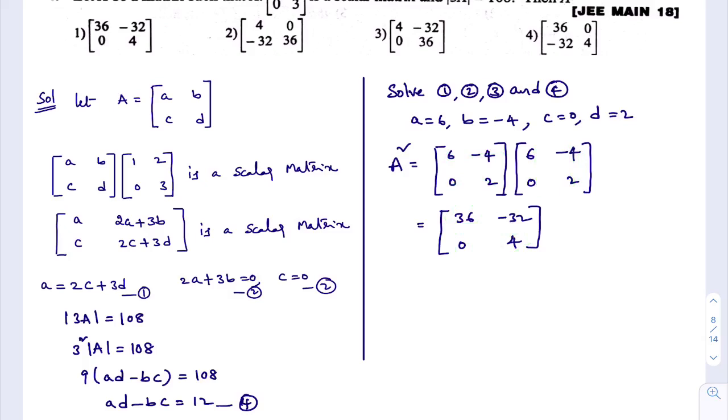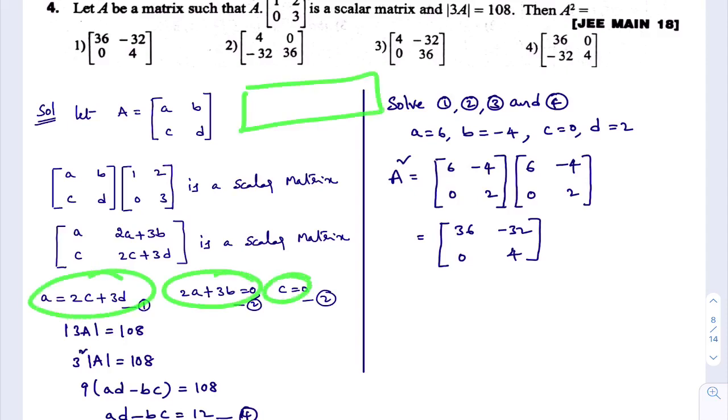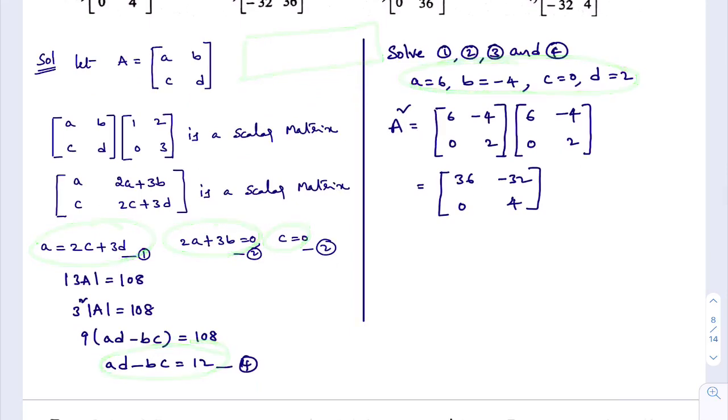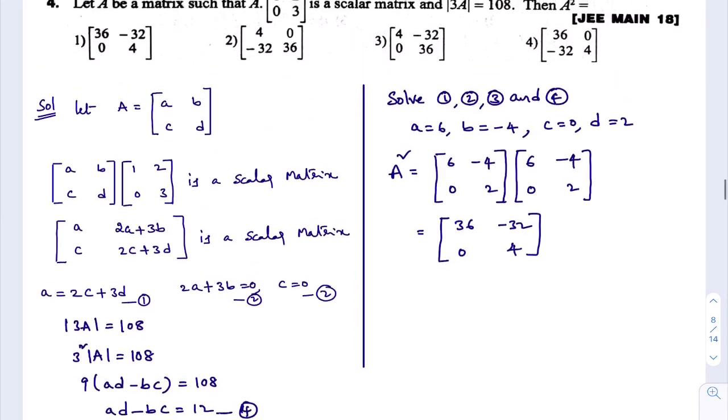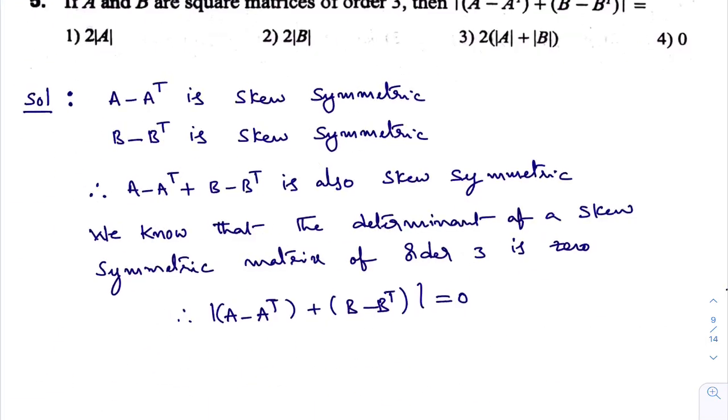Now observe which option is the right option. You see this option, the first option, 36, minus 32, 0, 4. Try to understand here, there is no difficulty in this. The only thing is, this problem takes time. In the process of doing this, you may feel that the time is very less, and you will try to do things faster. Especially in the process of simplification, when you go faster to get these ABCD values, you may get a wrong answer. Other than that, there is no difficulty in this problem. Now we'll move to the next question.